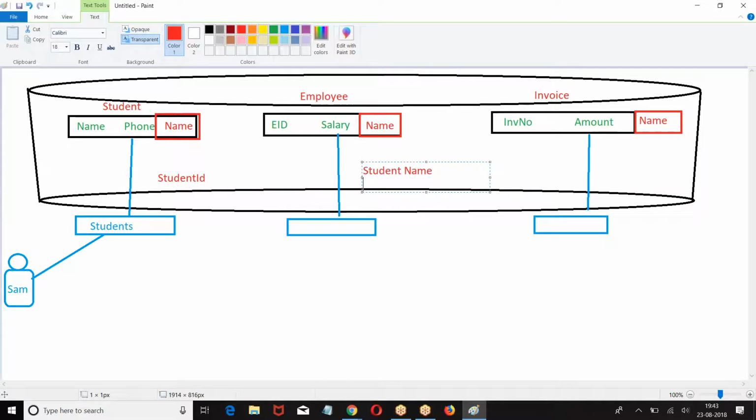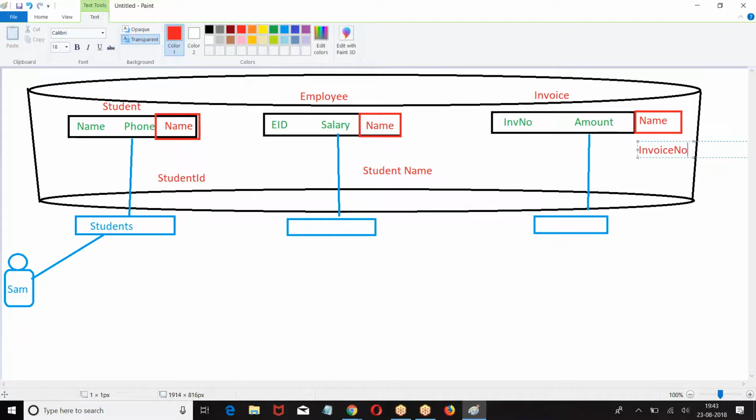Here in this table, in the name field, I am going to store student ID. In this one, I want to store invoice number. Are you getting it? The field is name, but in that field, what data do you want to store?